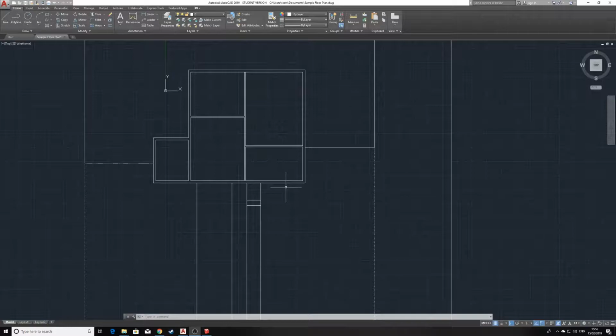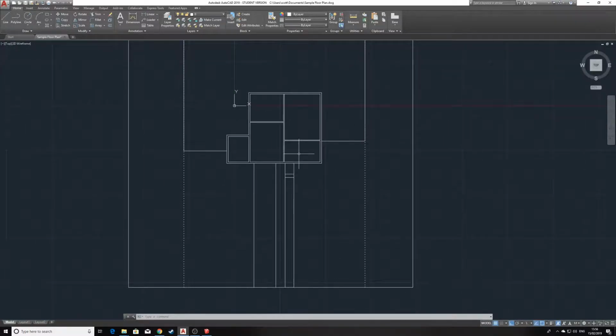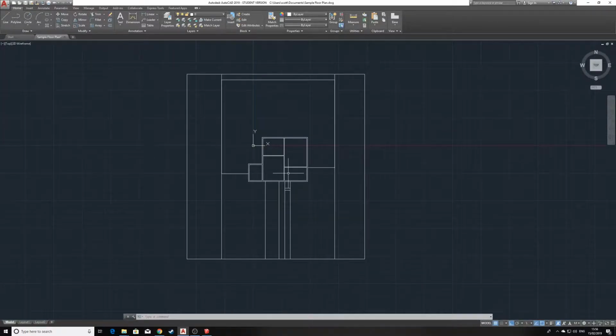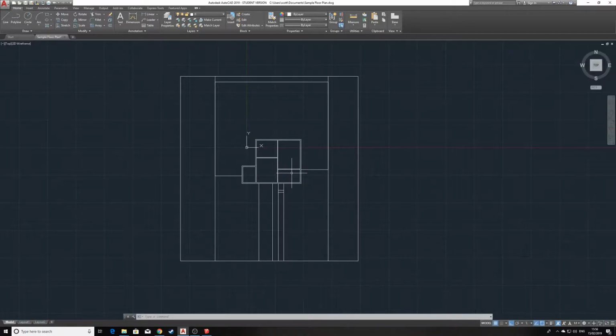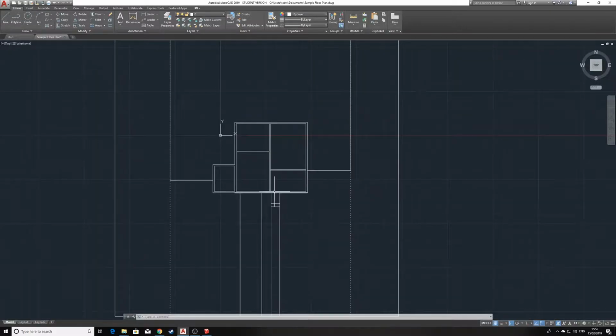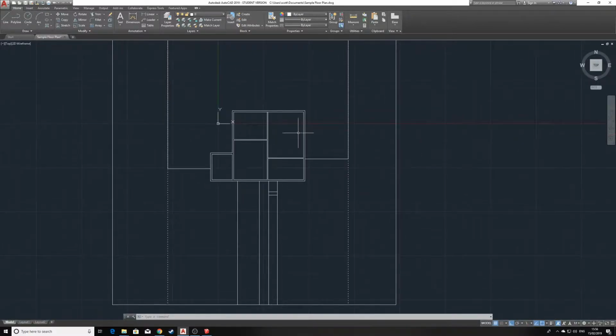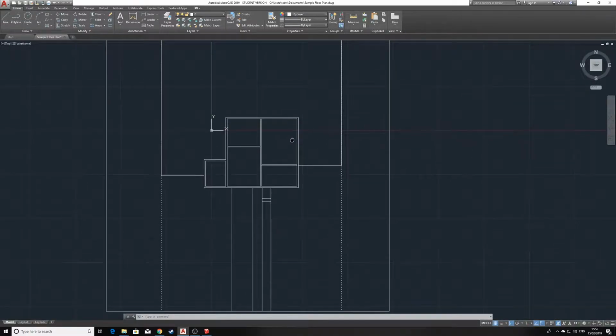I'm sure yours will be much more detailed than ours, and what you want to do is isolate the important stuff, the stuff you will need to make the 3D model. So all the little furniture things on the inside, and maybe drainage diagrams or whatever kind of overlays you have, you basically just want to copy out the key dimensions for building your 3D model. The simplest way we've found to do that is to literally